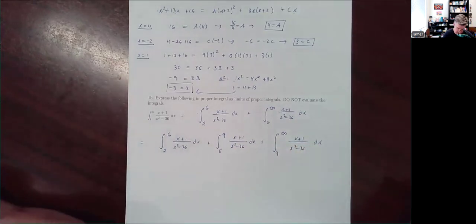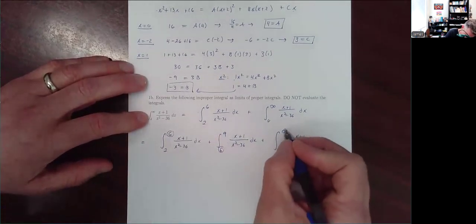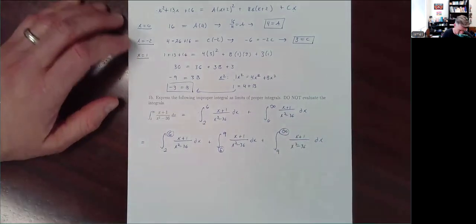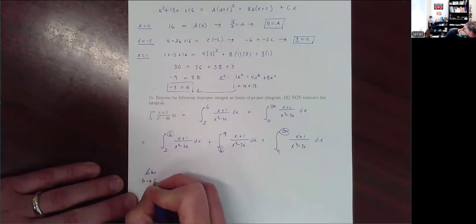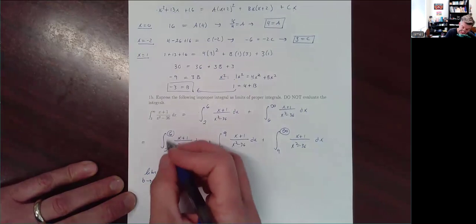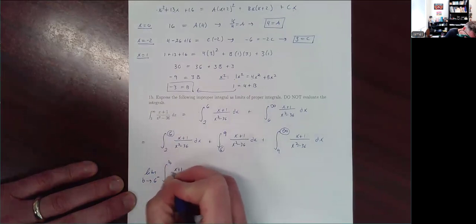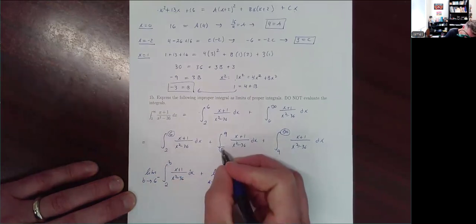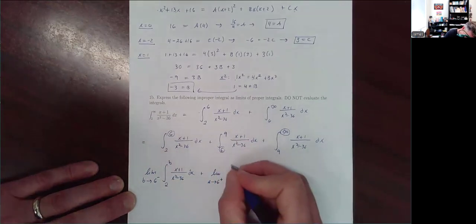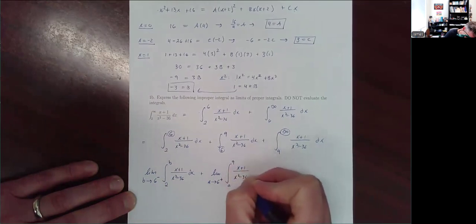Now we're going to throw in all the limits. So these are the numbers or the expressions. They're going to get replaced by letters with limits. So we're going to have the limit as b approaches 6 from the left-hand side, because we're doing 2 and 6, we're less than 6, of the integral from 2 to b of x plus 1 over x squared minus 36 dx, plus the limit as a approaches 6 from the right-hand side, because we're between 6 and 9, we're bigger than 6, of the integral from a to 9 of x plus 1 over x squared minus 36, plus